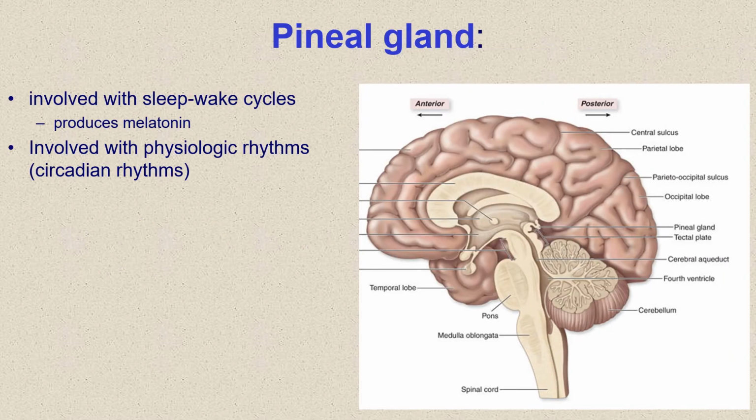Moving to the next structure of the diencephalon, we have the pineal gland. The pineal gland is a mass of tissue located on the posterior portion of the diencephalon, and it, among other things, produces a chemical known as melatonin, and there's a lot of evidence that the pineal gland is involved with sleep-wake cycles, as well as other physiological rhythms or physiological cycles, sometimes known as circadian rhythms, that occur over a